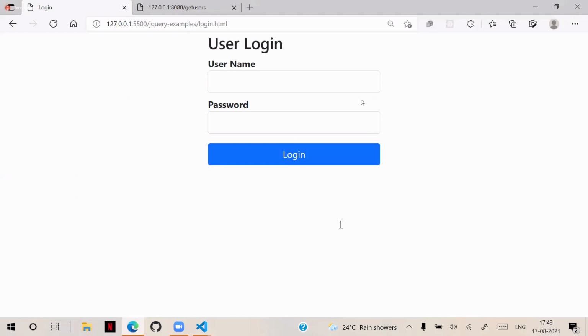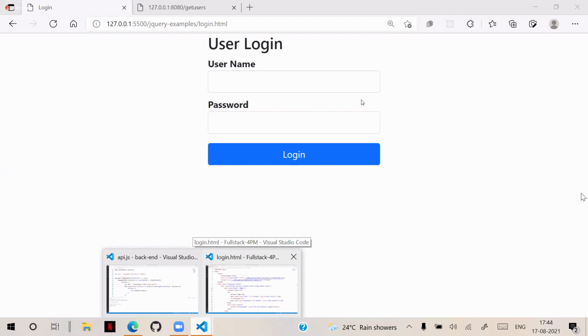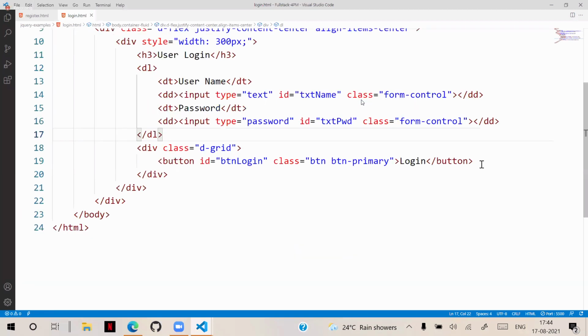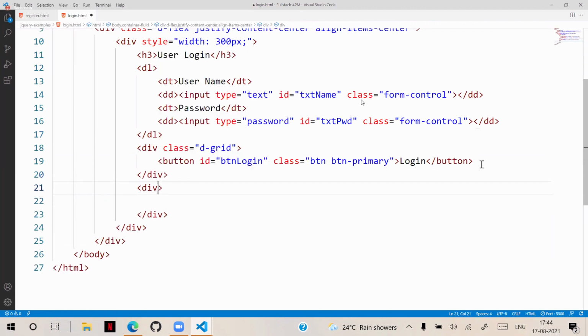Now when the user enters the user ID and password, it should verify from the database. It should check whether it is available inside this users or not. Then on login click, we have to handle the request. So now we need to define it in this way. Below the button, I'm just adding another div with class mt-2. And here we keep a heading 2 with ID as msg. Okay.